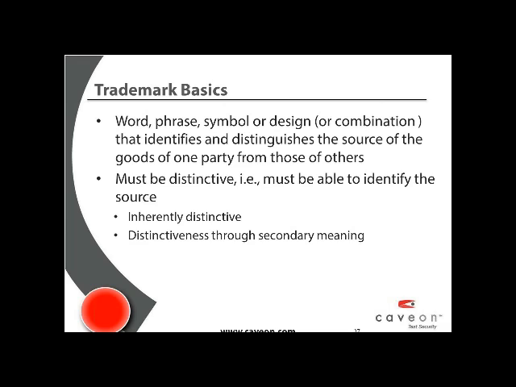I want to quickly touch on trademarks. This is a very, very quick one just to give a high-level overview because I guess a lot of people indicated an interest in this. A trademark is a word, phrase, symbol, or design, or a combination of those, that identifies and distinguishes the source of the goods or services from one party from those of another. Case in point, I want Nike shoes, and I see the swoosh. That tells me it's a Nike shoe, not Adidas. The trademark itself must be distinctive. It must be able to identify the source and differentiate it from the good or service.